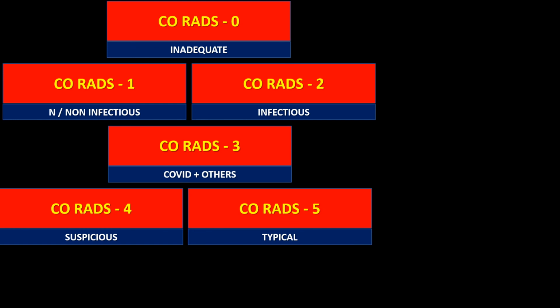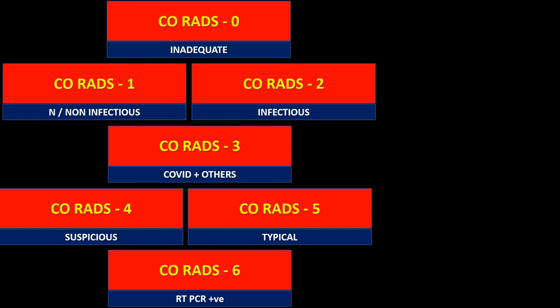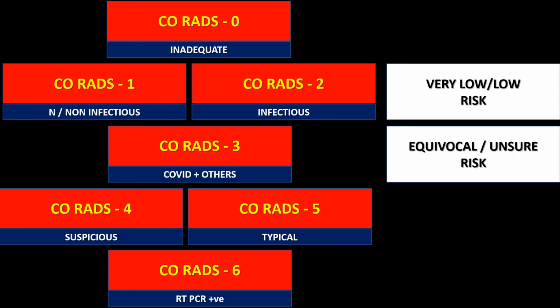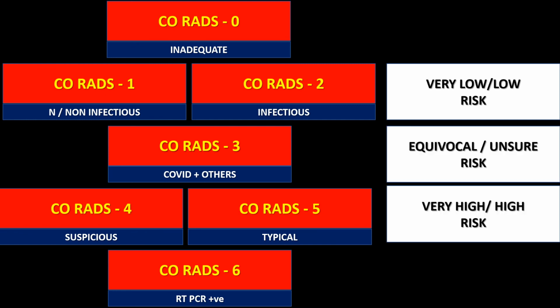CO-RADS 5 has all the typical features that we described. For CO-RADS 6, it doesn't matter what the picture is, RT-PCR is positive. Now when I say CO-RADS 1, it is having very low suspicion of COVID-19. CO-RADS 2 is having low risk. CO-RADS 3 is equivocal or unsure. CO-RADS 4 is high, whereas CO-RADS 5 is very